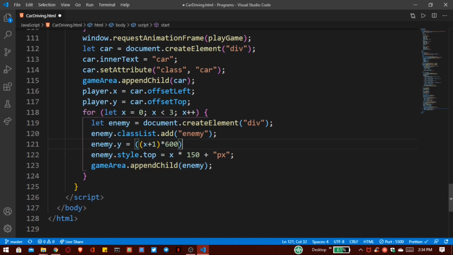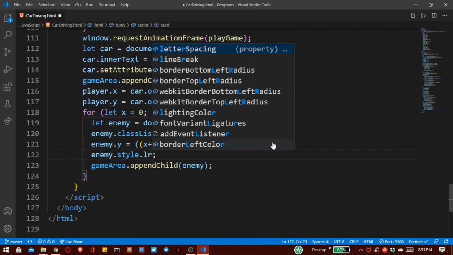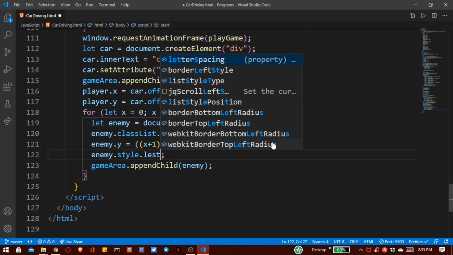Then we have to assign negative 1 because as our game starts we don't have to generate our random cars. This is for the starting value. Then we generated our lines from top, but for our cars we have to assign that style from left. You can also assign from right.